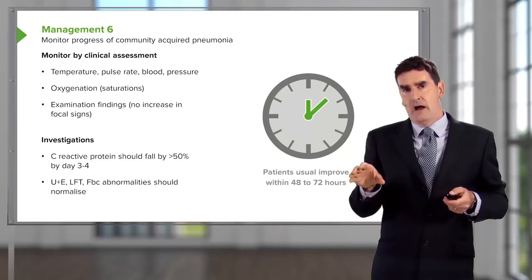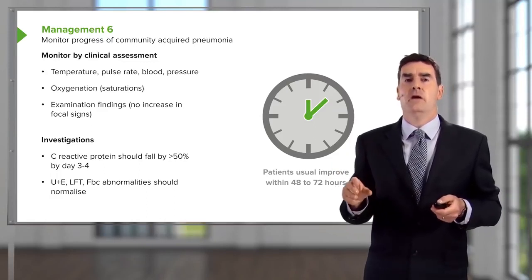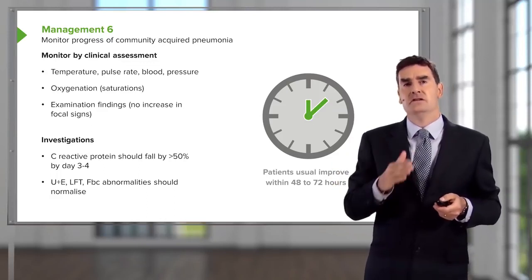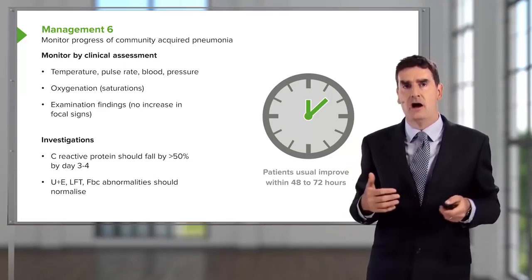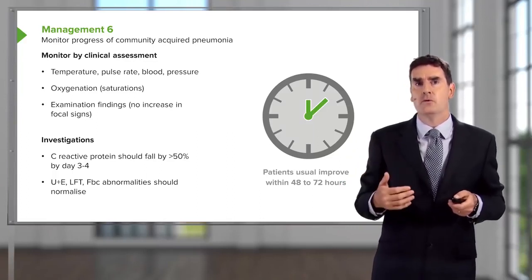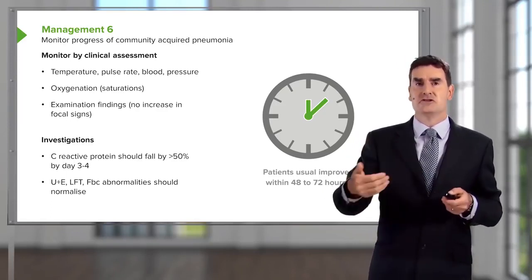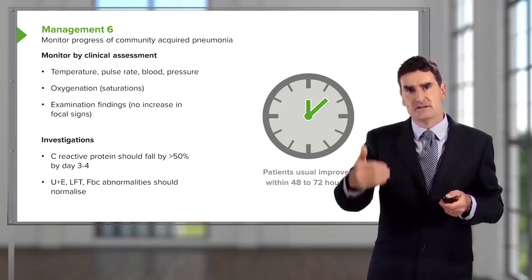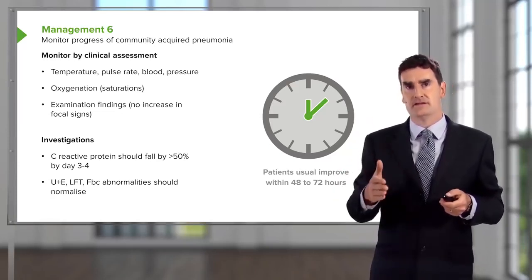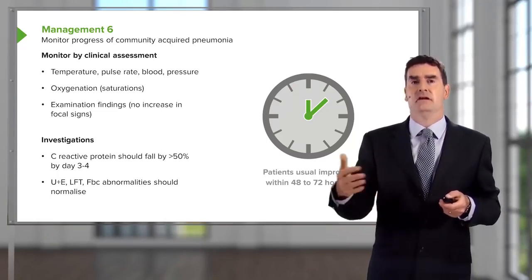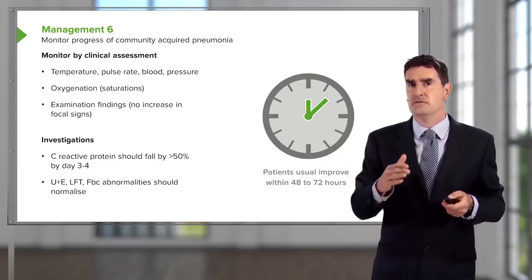And as well, we can do a blood test to see whether there's an improvement in whatever parameters have been abnormal on the initial presentation. So, for example, the C-reactive protein, the inflammatory marker, which is normally quite high on presentation, should usually fall by 50% every 24 hours or so once the stimulation of inflammation has gone. So once the infecting organisms have been killed by your antibiotics, then the CRP will fall by 50% every day or so. So by day 3 or 4, we'd expect the admitting CRP level to have fallen by over